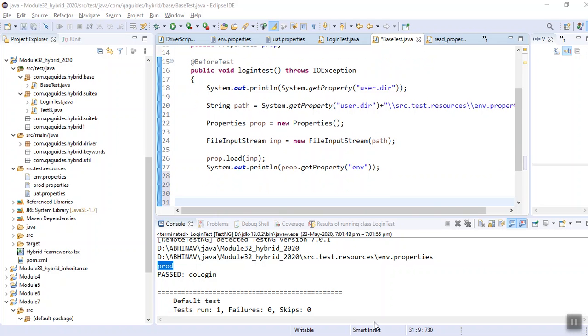So I can write it out here: String env, the environment, is equal to, I will get the environment here. That environment can be compared. And I can also initialize my environment file.